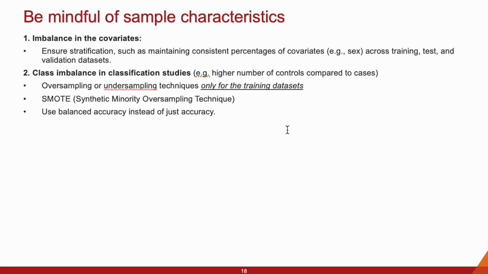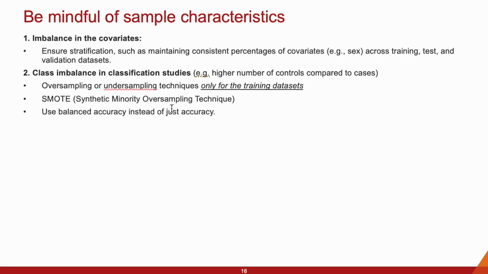To overcome this problem, we can use either an oversampling or undersampling technique in the training data set to balance these classes. But undersampling is not usually the preferred technique, as we need to remove subjects from our data set, and oversampling, which is like copy-pasting the same subjects, may not be preferred either. There is also a technique called SMOTE, the synthetic minority oversampling technique, which creates synthetic examples of the minority class by looking at the distribution of the data. This is a very frequently used technique to overcome class imbalance